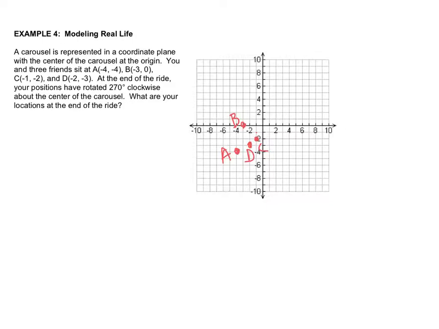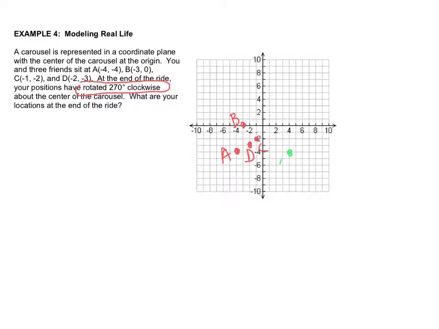At the end of the ride, our position has rotated 270 degrees clockwise. So remember, clockwise means that we have gone this way. So we want to know what are the locations at the end of our ride. If we start in these positions, we go this way 270 degrees. So we would go 90 degrees to this, to 180 to get here, and we're going to land over here someplace. So if you follow through with your rotations, A is going to end up at 4,